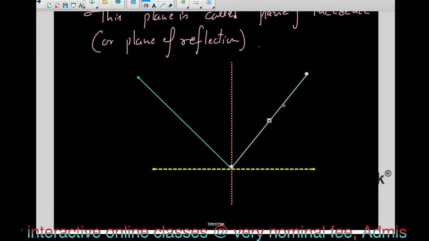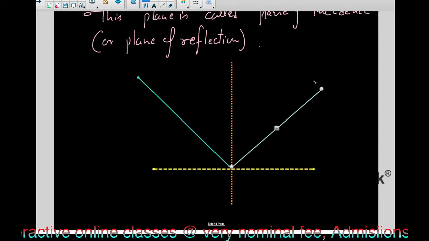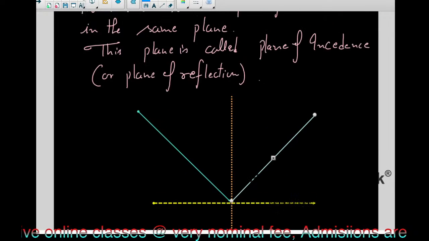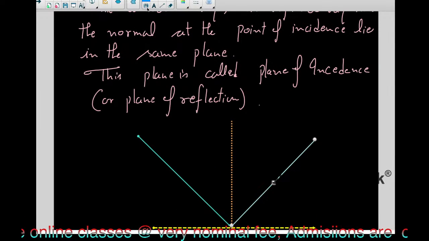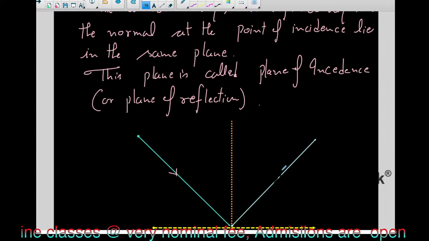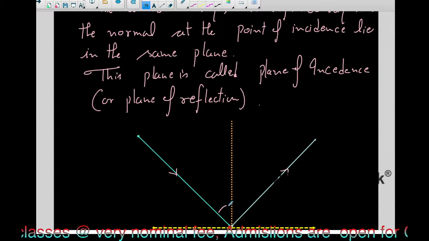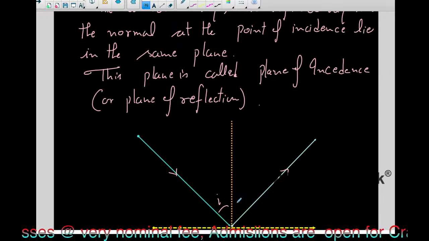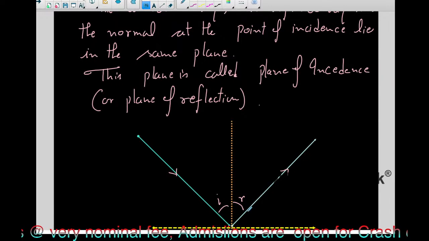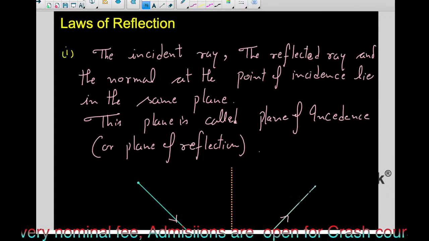ये नॉर्मल है। अब ये इंसिडेंट रे और ये तो इसको अभी आगे लिखेंगे, ये जो एंगल्स इक्वल होते हैं, तो एंगल इस तरह से रखेंगे कि ये दोनों एंगल इक्वल होंगे। तो पहले ये वाली बात को लिखे मैथमेटिकली, ये आ गई आपकी इंसिडेंट रे, और ये हो गई आपकी रिफ्लेक्टेड रे, और ये नॉर्मल हो गया, यहाँ पे एंगल आई और एंगल आर ये दोनों इक्वल होता है, एंगल ऑफ इंसिडेंस, एंगल ऑफ रिफ्लेक्शन, ये सेकंड वाला लॉ होगा। तो इसको अभी बाद में लिखेंगे हम लोग, लेकिन पहले फर्स्ट लॉ को मैथमेटिकली लिखा जाए।